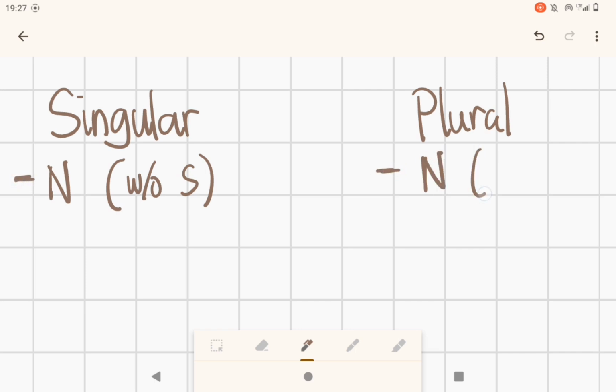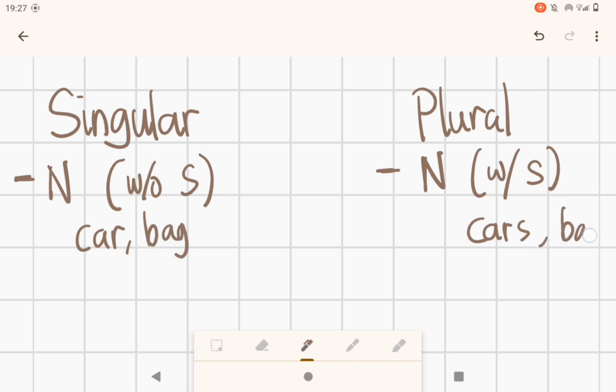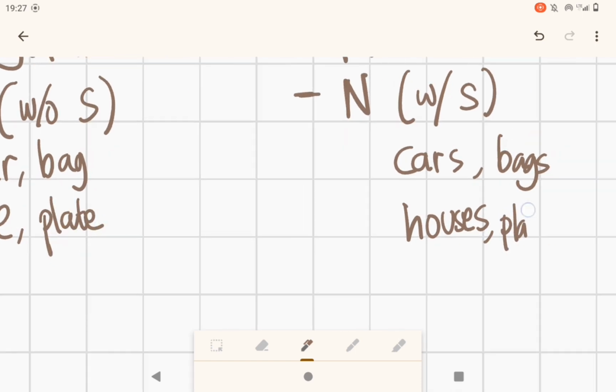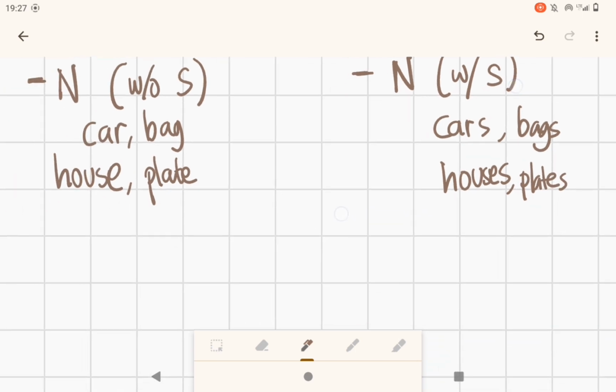Noun with s. For example, car becomes cars, and then bag becomes bags. House becomes houses. Okay, and then plate becomes plates. Okay, meanwhile for the irregular nouns,